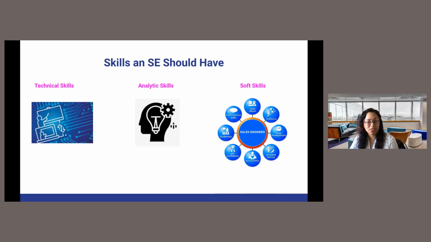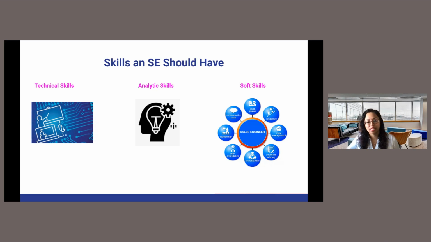Sales engineers usually need to find creative solutions on the spot. Therefore, it is very important that they're able to have control over their own emotions and that they are able to perform under pressure. Sales engineers must also be able to be team players, be very resilient, good with their time management, self-confident, and hold themselves accountable at all times.